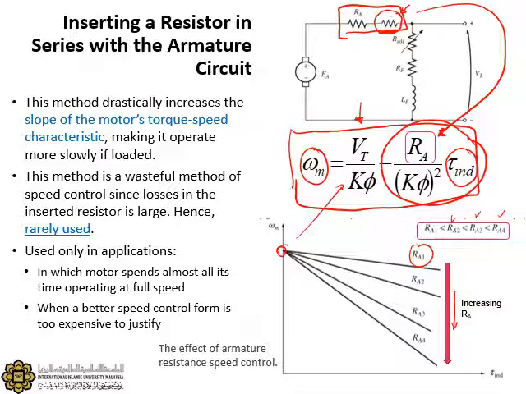Now if you read the second bullet point, this method is a wasteful method of speed control since losses in the inserted resistors are large. If you look again at the equivalent circuit or the circuit diagram here, when you add these resistors, your total armature resistance becomes higher now, and we know that